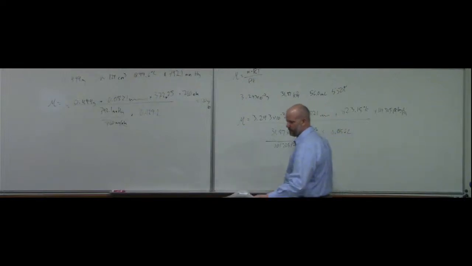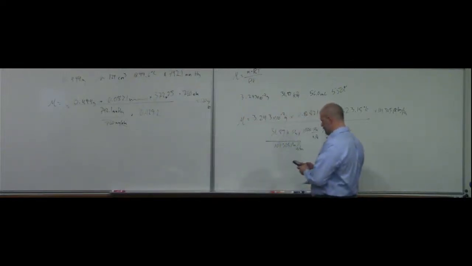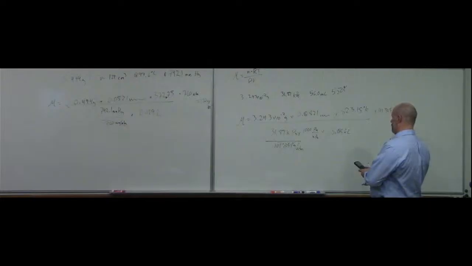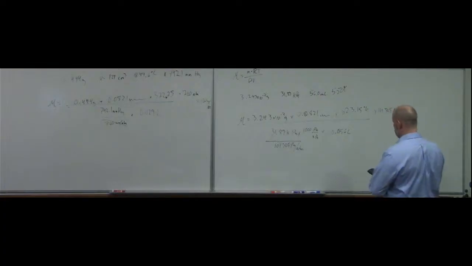That keeps me with just simple straight line multiplication and division. So plug that in and we get 3.243. These calculators are not that good. 0.03243, right? That's what that's equivalent to, times